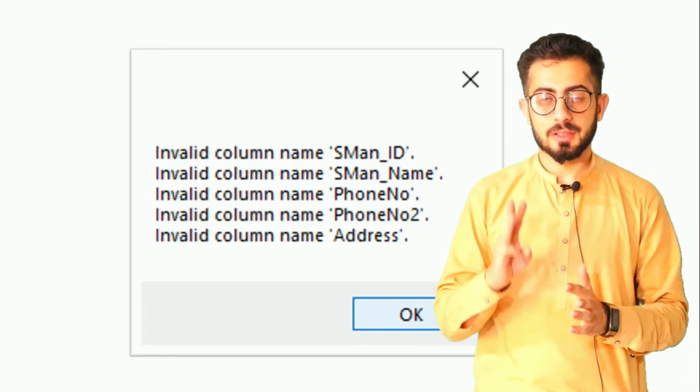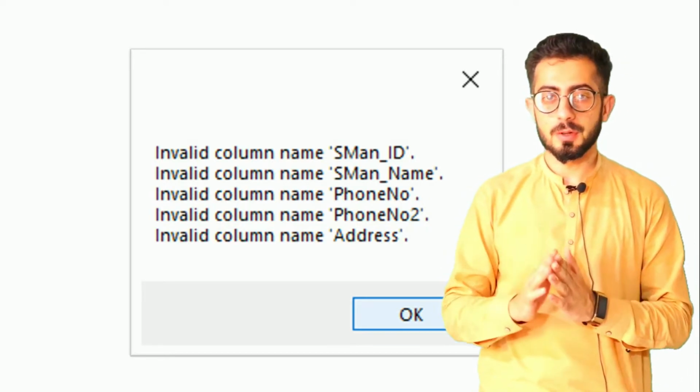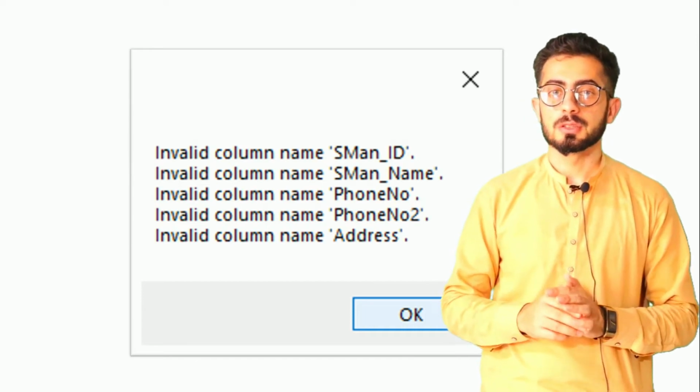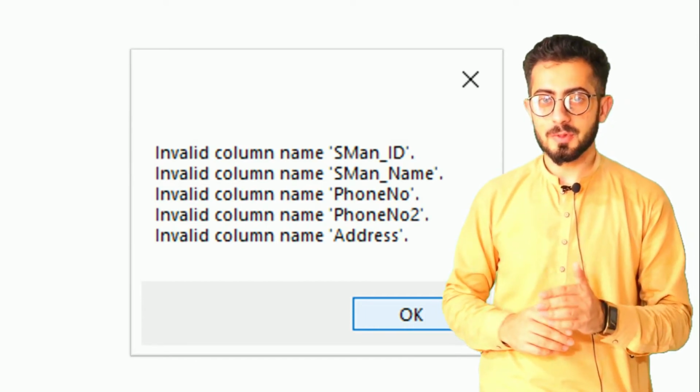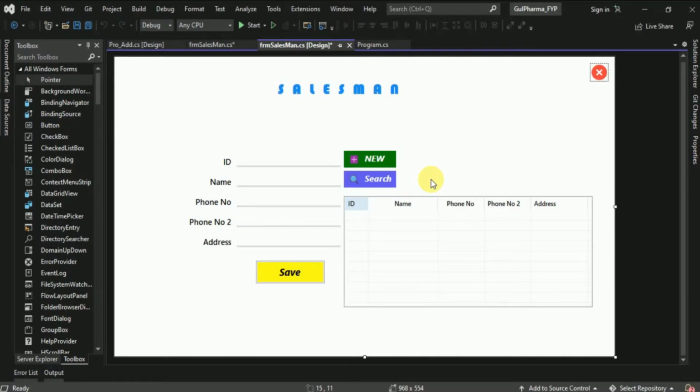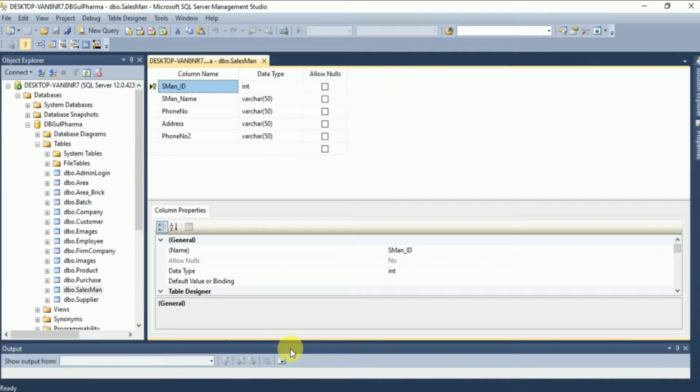Here we will cover the three scenarios. Due to these scenarios the problem is occurring, so we will discuss it step by step. So let's get started. Now we will solve the problem step by step. First we will solve the first problem, and the first problem is the reason that the problem occurs is due to